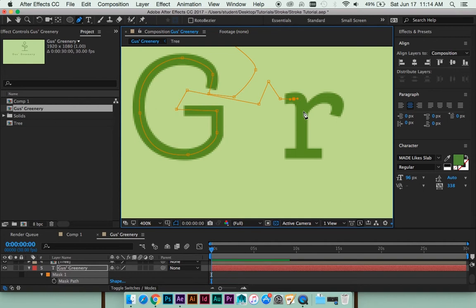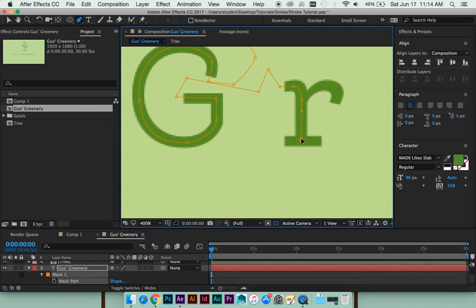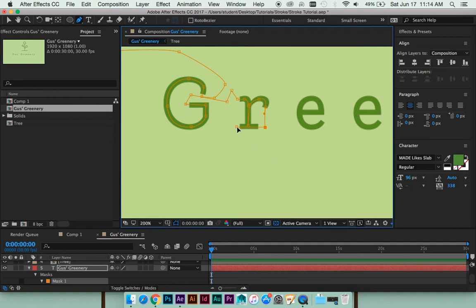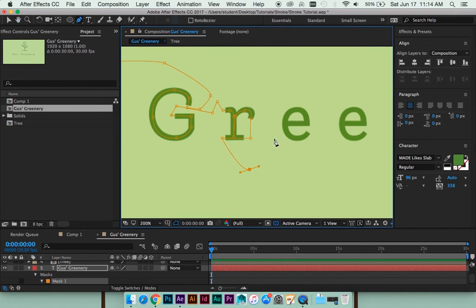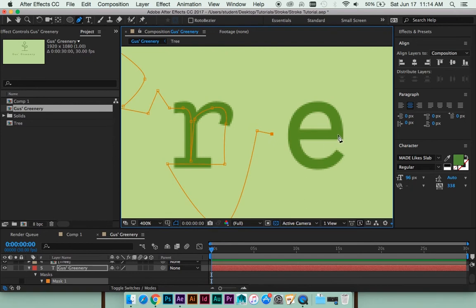Okay, we'll go down to the R, do that, maybe go up. I'm trying to think, when I write R's, I don't have the little base on there. So I'm just going to click on my last point, click, do that to make that stroke happen. Click on the last point, go like this. Let's see, E's, you go like this when you write. It's weird that I haven't had to think about this in such a long time. Go down here, do that, go up here,